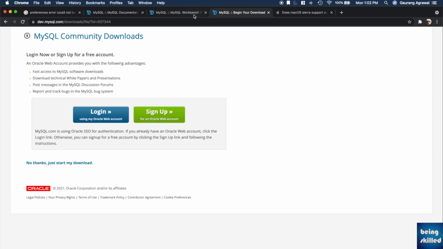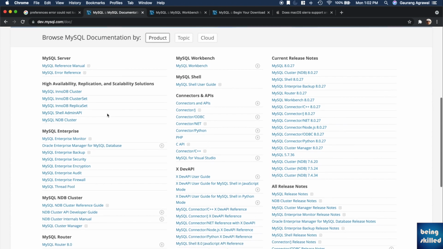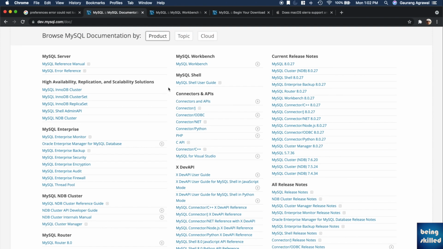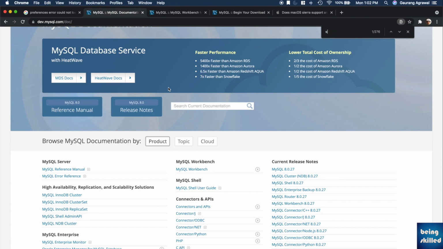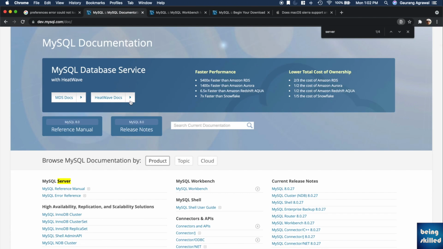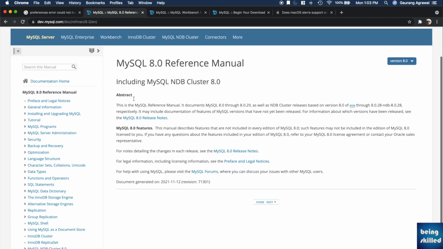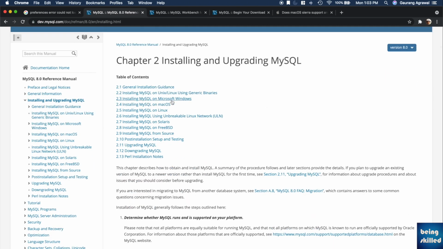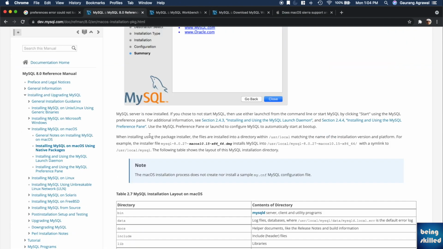For that, you need to go to the documentation and read it a little. So go through these docs, the relevant ones. On the top, there is MySQL Server. So click on the MySQL reference manual. It is always a good way to use the software by going to the official documentation. You will need to inculcate that habit of reading. So go through these and you will never face major problems, because documentations are the official guides